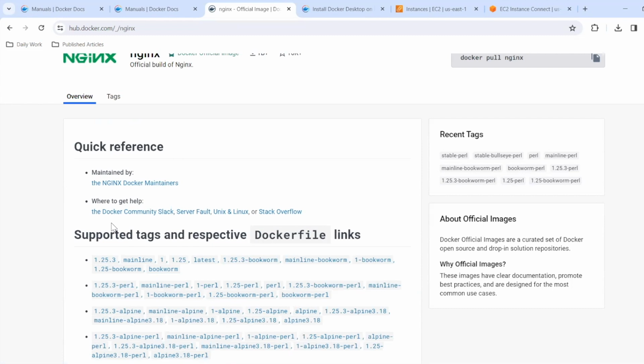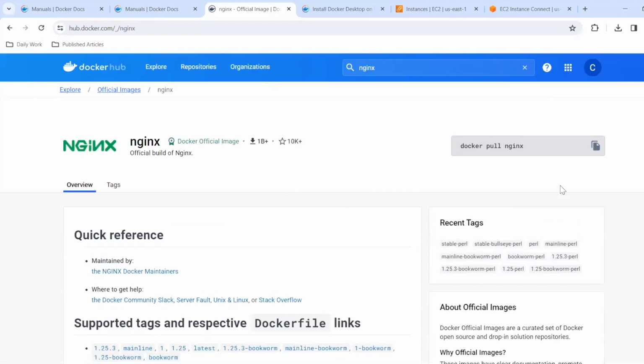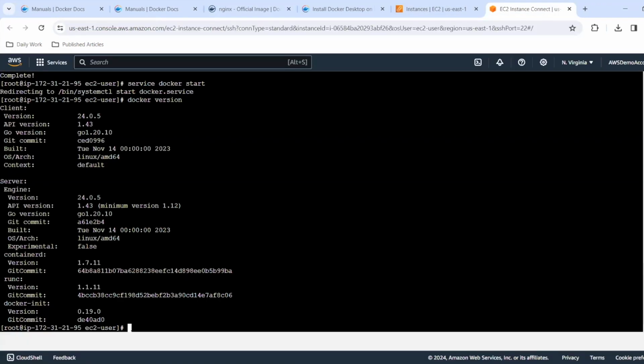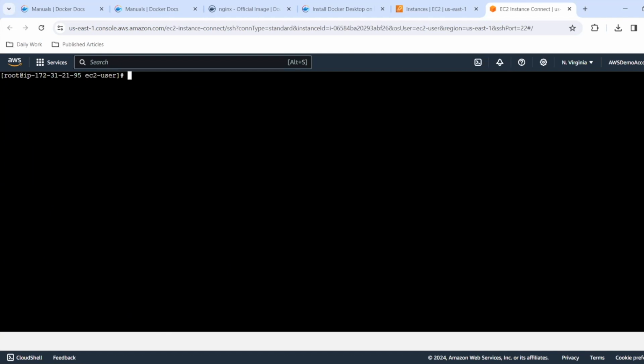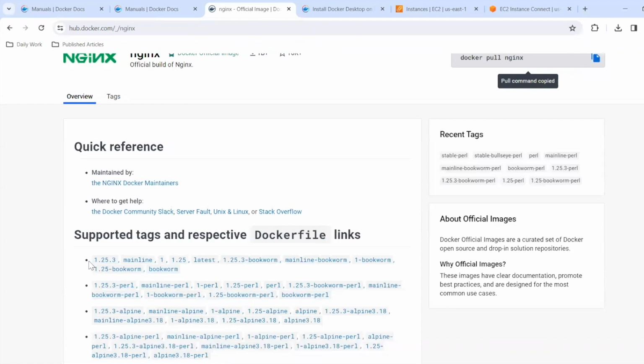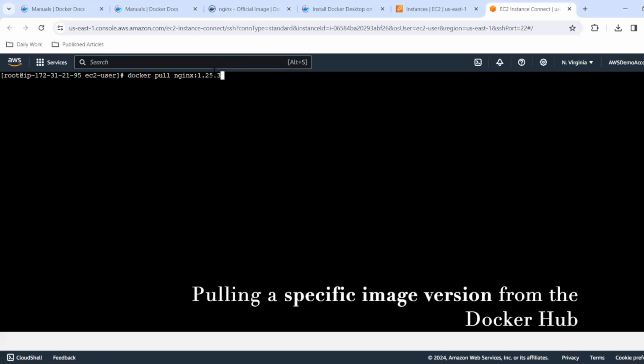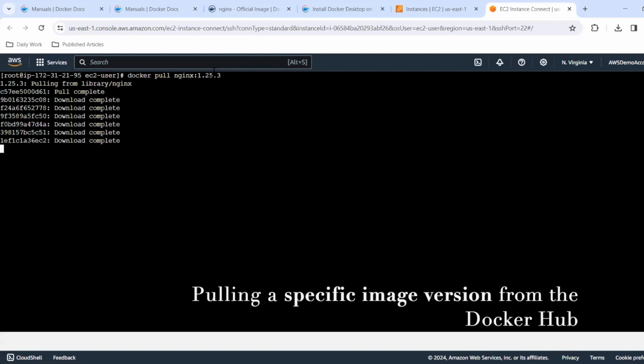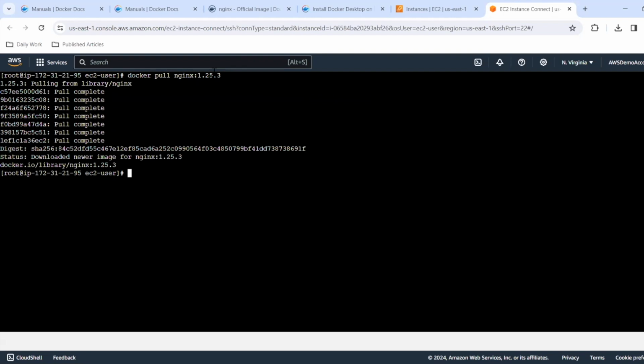Now let's try to pull one of the image versions into our Docker environment and run it there. I'll copy this command and go back to my EC2 Instance Connect. I'll clean the screen and then paste the command. I want to pull a specific image version. That is why I'll go back to Docker Hub, and I want to pull 1.25.3. Now it is pulling that image from Docker Hub and will download the image